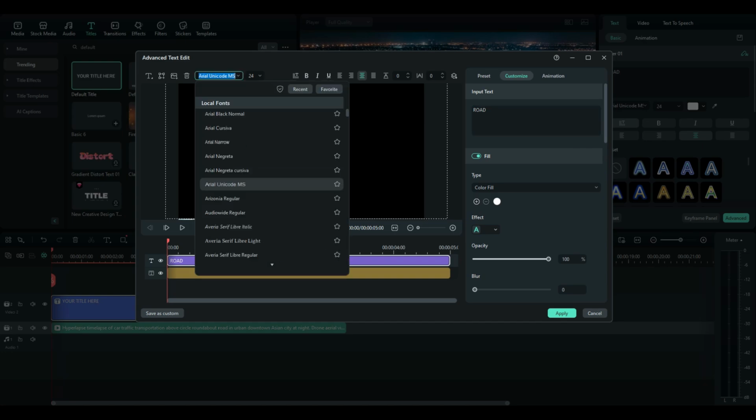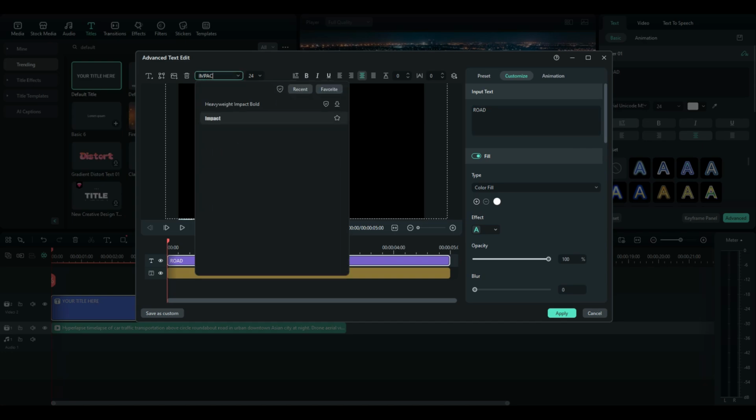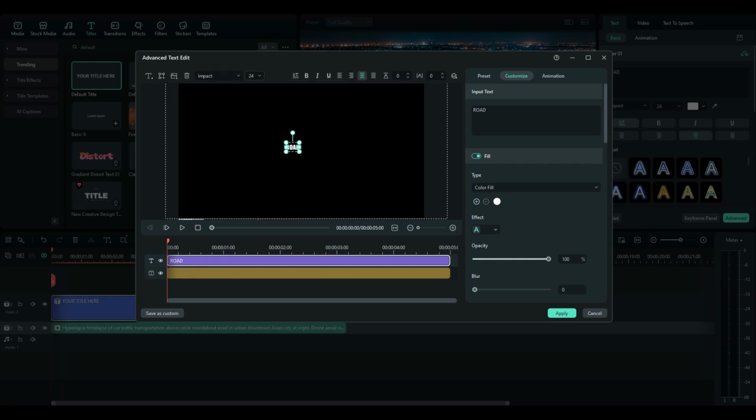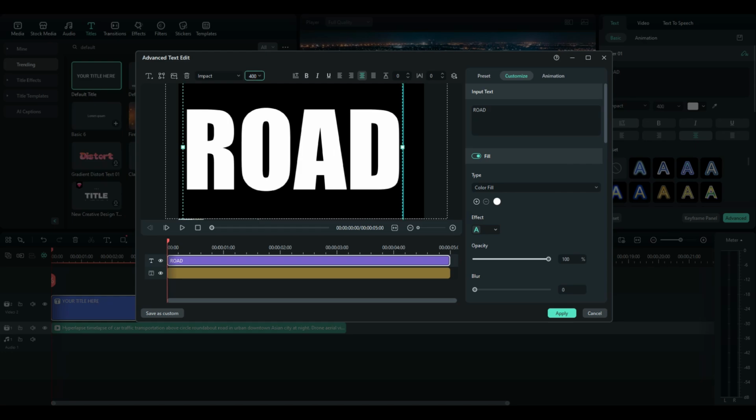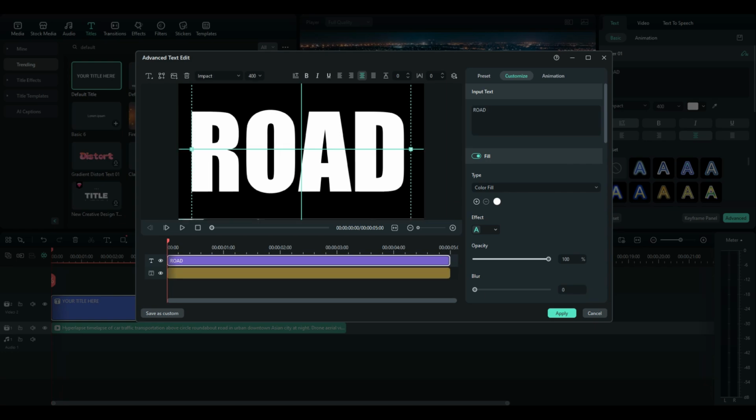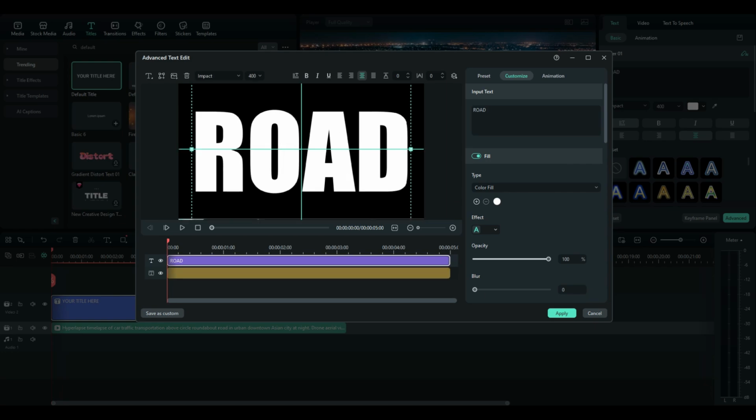size, click on the font style, type impact, select impact, and then this size, let's make it 400. We want this one as big as it can be. So as you can see now, if it's not in the middle of the screen, then you can still adjust that. Make sure it's in the middle of the screen, and after that I'll click on the text again, click